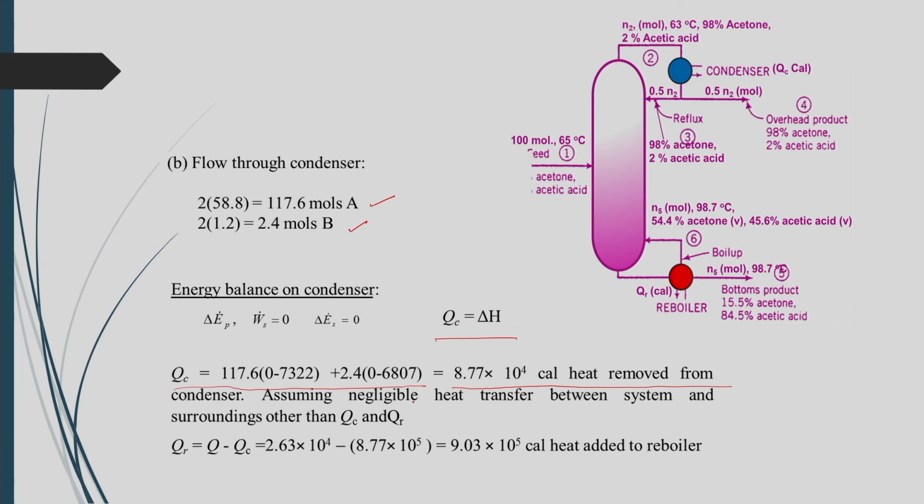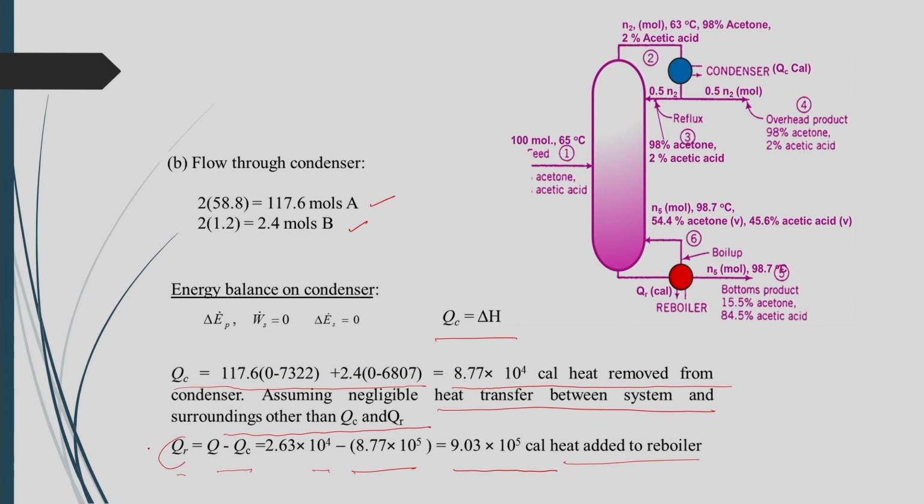Now, assuming negligible heat transfer between system and the surroundings other than QC and QR, we can have QR equal to Q minus QC, that will be 2.63 into 10 to the power 4 minus 8.77 into 10 to the power 5, from which we can say that 9.03 into 10 to the power 5 calorie heat is to be added to the reboiler,